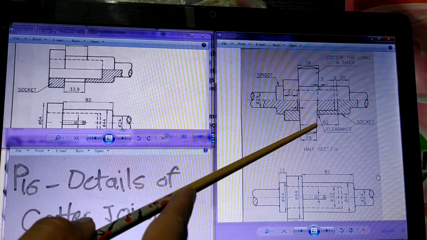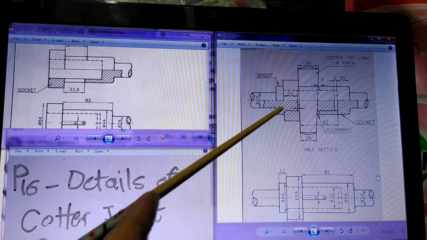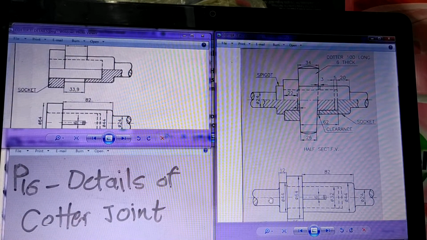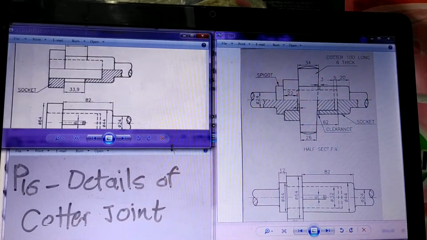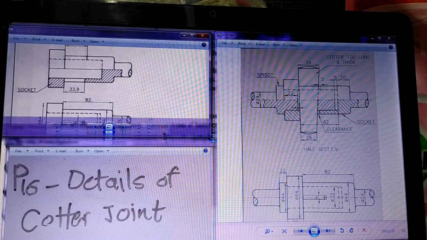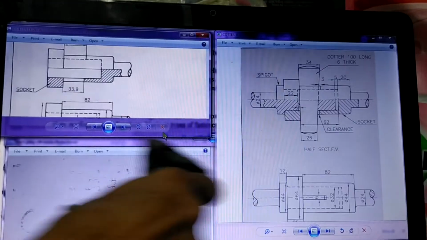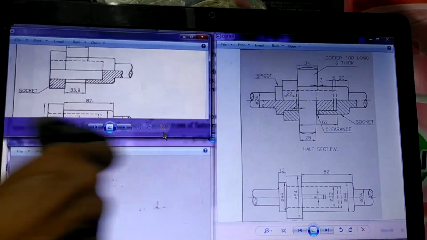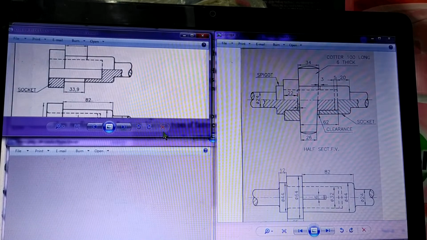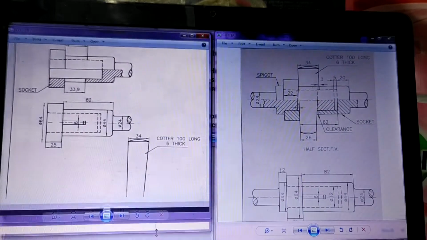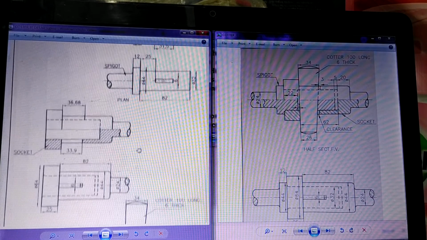Now having seen this, what we are going to do is split this into detailed drawings. Now, as you have already seen what the 3 detailed drawings are, let us have a look at those 3 drawings of 3 parts, which is going to be your answer. Now you are not supposed to refer to these drawings as answer drawings. You have to think yourself and draw. But here for the purpose of explanation, I am showing you here.